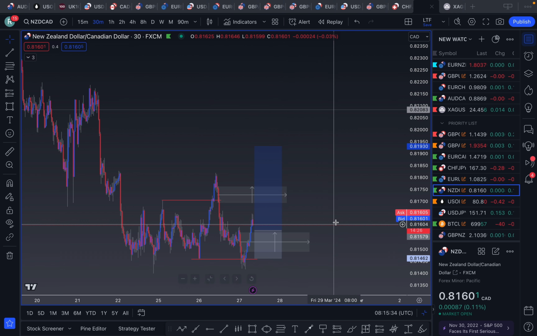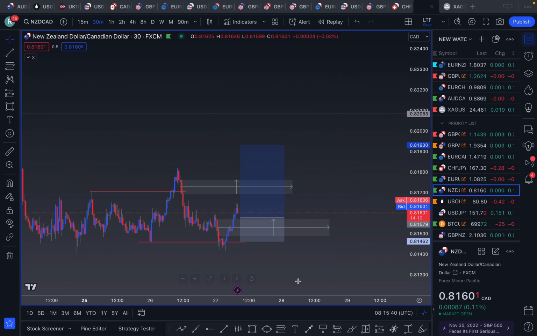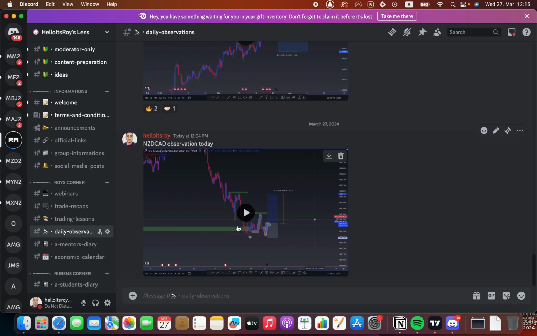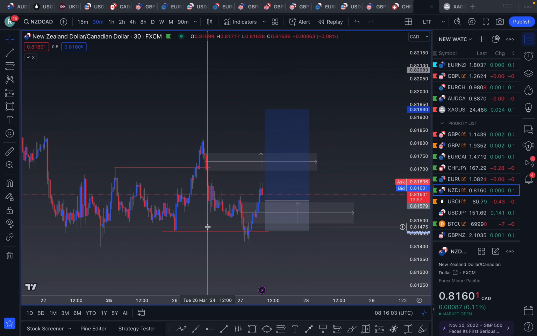Anyway, so NZD CAD right here, what's happening? As we can see, first of all, I sent you my observation this morning, NZD CAD observation today. I believe that NZD CAD can have a bullish push at the moment through to the upside into these tops right there. So the way I'm going to deal with this observation, that the market needs to push through to the upside, is I just went to the lower time frames right here to the 30 minutes,